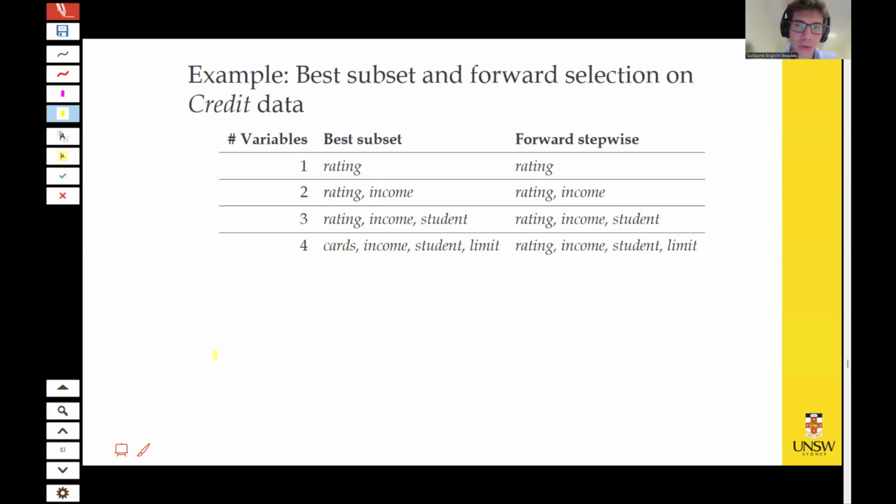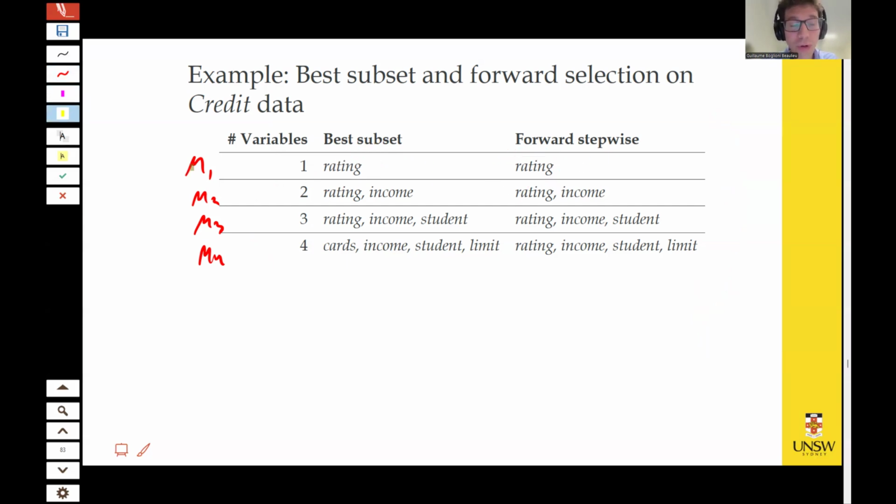Now, just to conclude, and here you need to trust that this example is true from the book, in the data set in the book, they actually make the point that best subset selection does not lead to the same thing as forward stepwise selection. And let's just explain the logic here. Those are all the steps of both algorithms, right? So this would be the result of getting the best model for one variable, so M1, M2, M3, M4. Now, when you use best subset for one variable, you get the following variable rating. So that would be the best variable. And you get the same thing for